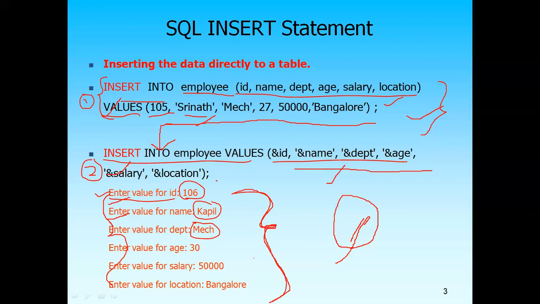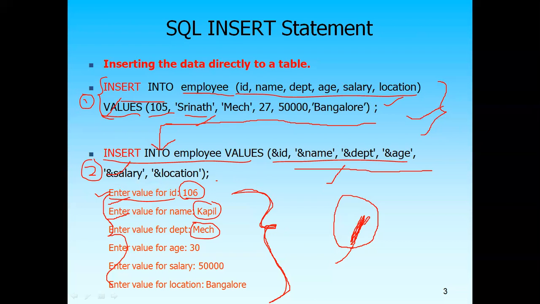So here, students, there is a shortcut method to execute the previous command. On the SQL prompt, if you type a forward slash here, then it executes the previous command. So if you type only slash, this same statement will execute again and it will ask you to enter the values of the next record. Like that, you can press this slash to execute the command again and again. If you want to insert 10 records continuously, then you can use only this slash to execute the previous command.